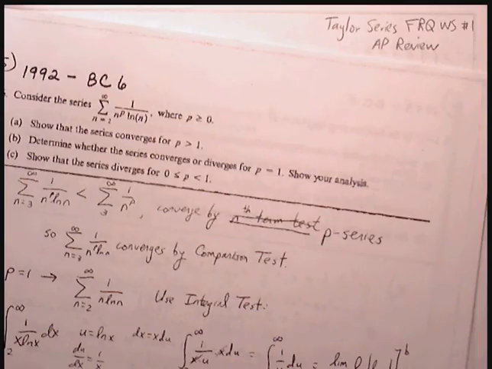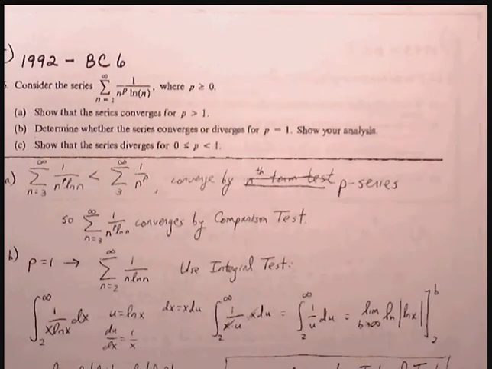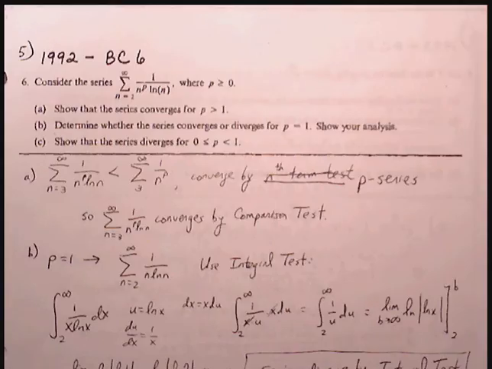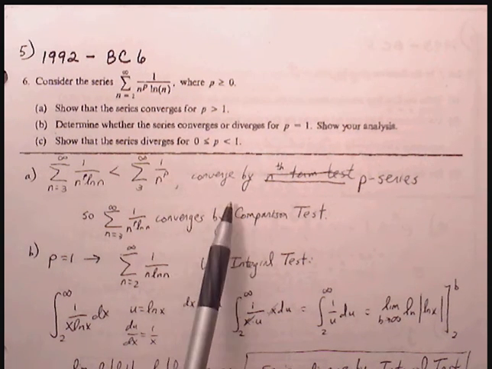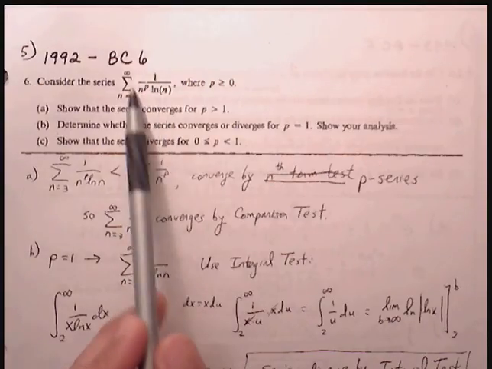All right, we're looking at the last two problems, 5 and 6, from the Taylor series FRQ Worksheet 1 AP Review. So number 5 says consider the series where p is greater than or equal to 0. Show that the series converges for p greater than 1. So when p is greater than 1, such as n squared, for instance, we know this series will converge because